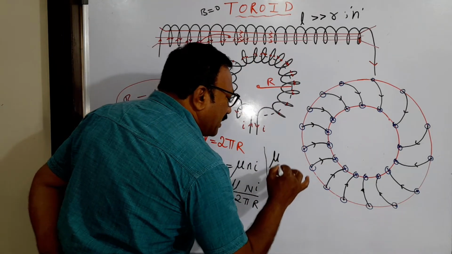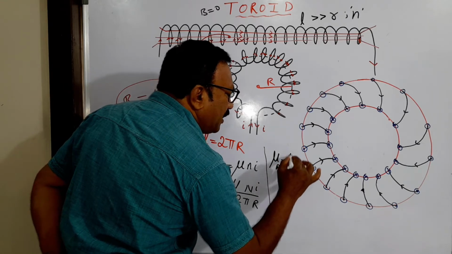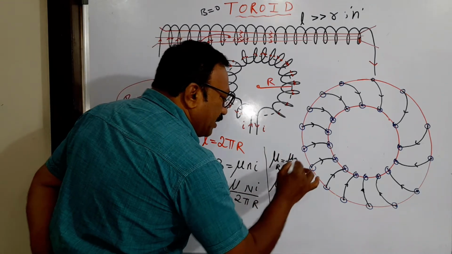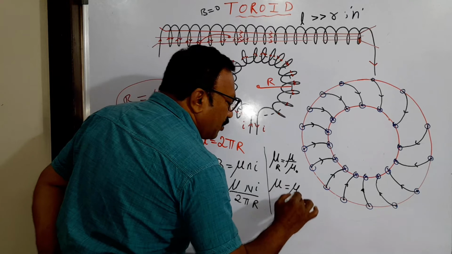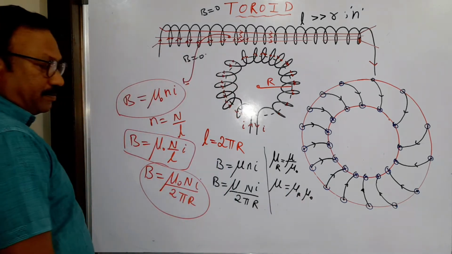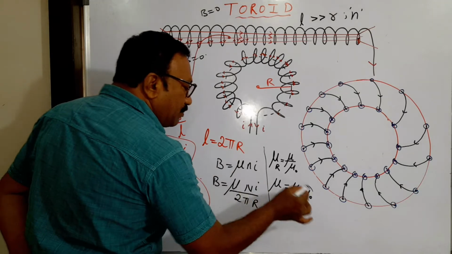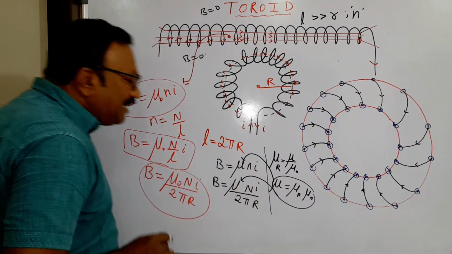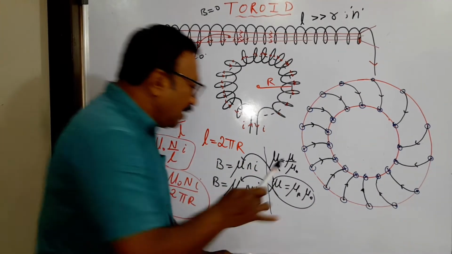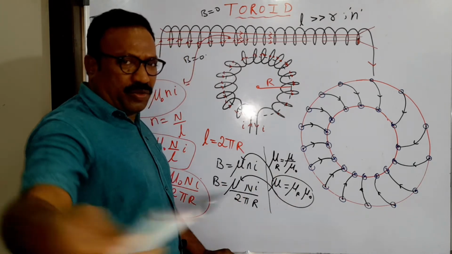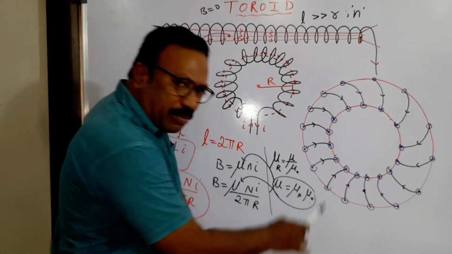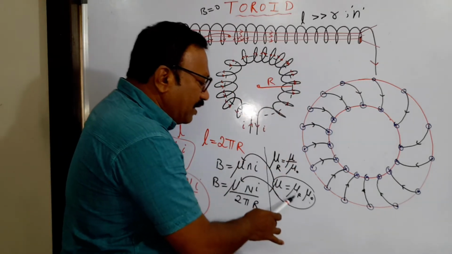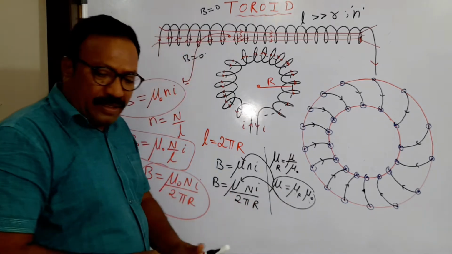Generally, he sometimes gives relative permeability. Relative permeability is permeability divided by permeability of free space. Using this equation, mu is equal to relative permeability into mu naught. So this mu can be replaced by this. Why? Because in the problems, he will not give mu, he will give mu r. And mu naught value you know already, 4 pi into 10 to the power of minus 7. And the relative permeability of the material inside the core he will give you. Then if you substitute this, you get the answer.